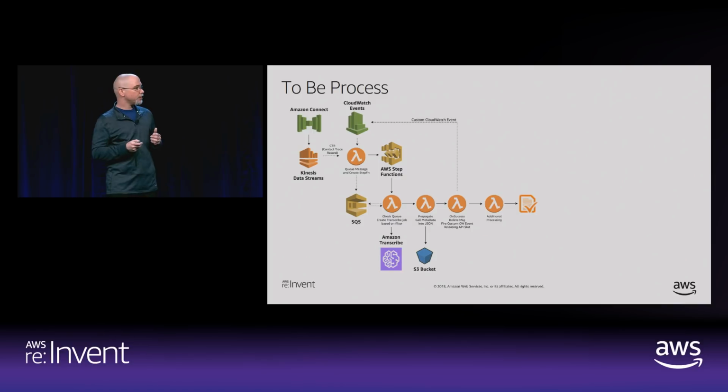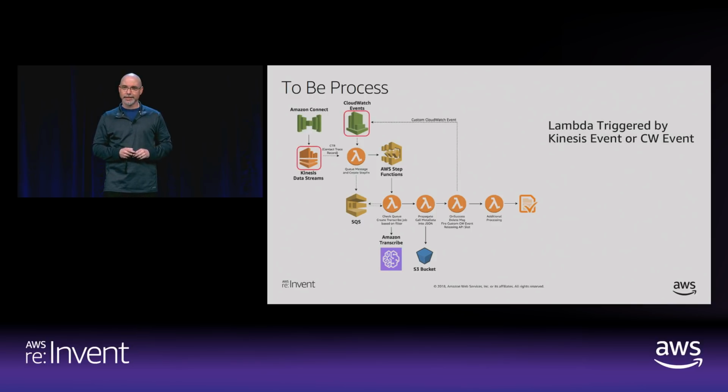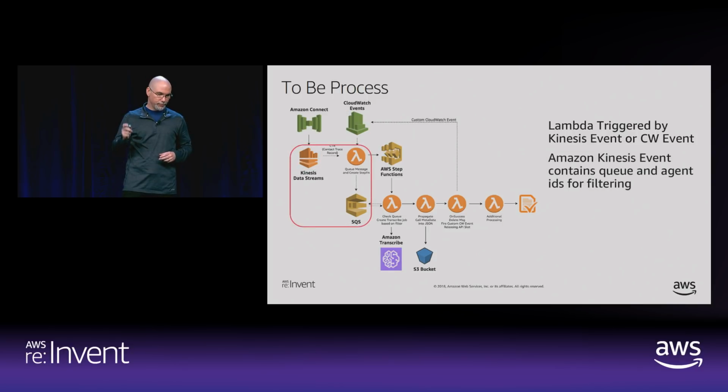So this is the to-be process, what we would like it to look like. We worked with Amazon to come up with this. The differences you'll see is that the events are no longer coming from S3. Instead, we're using the CTR trace records that are generated out of Amazon Connect. We're also using CloudWatch events, and I'll explain how that works a little bit later. But in essence, when we receive the